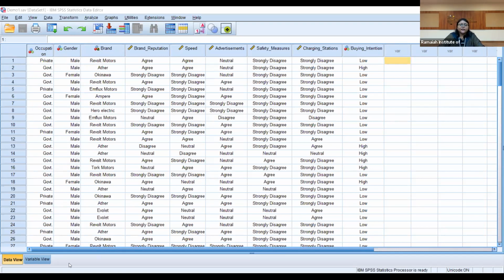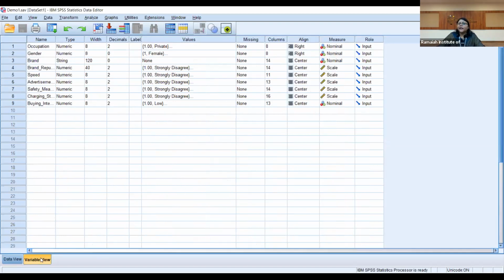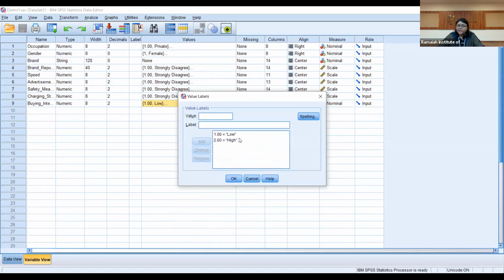Now, if you want to check the variable view, I have considered 4 of this data as nominal data and the others are in scale format. In gender, the values are given, like female is given 1 and male is 2. With all the other independent variables, it is from strongly disagree to strongly agree. With the buying intention, I have considered two groups, that is, one is low buying intention and the other is high buying intention. These are the two things which will be helpful in discriminant analysis. Hope you remember in discriminant analysis, we are going to group from the very beginning. So this is how we are going to group.